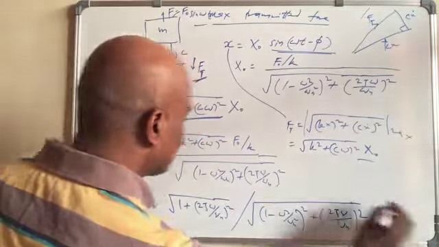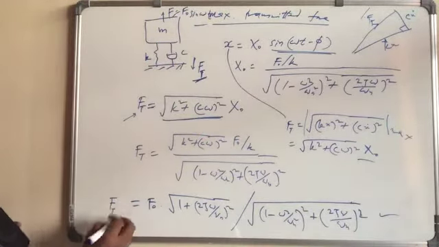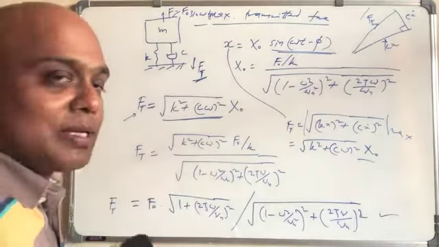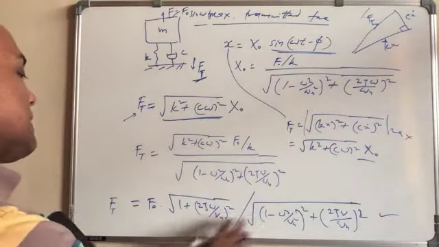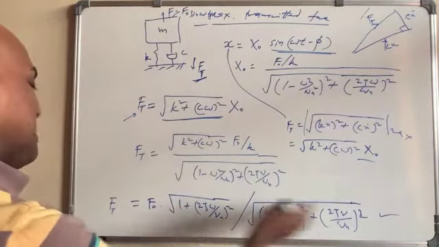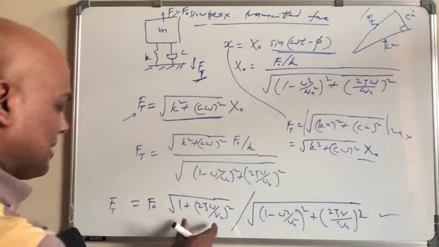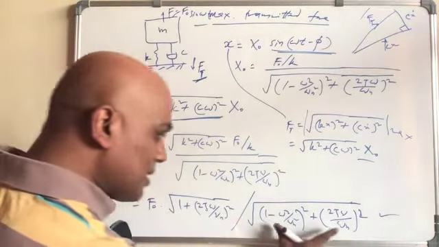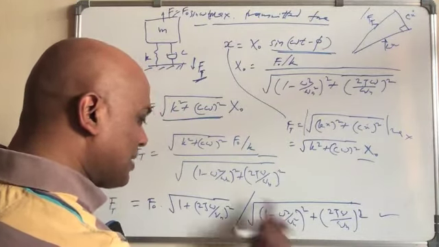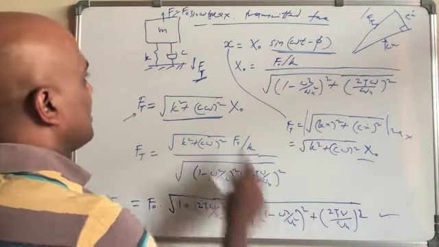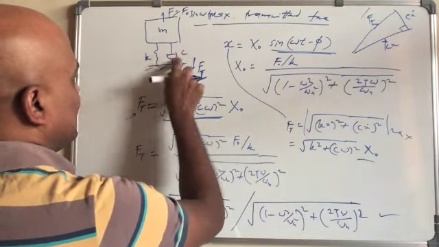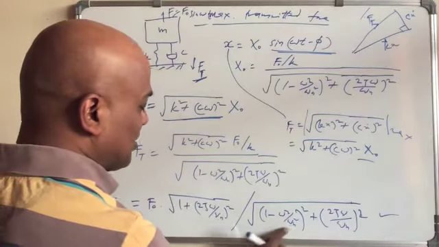This is the answer. Anyway, I actually derived it, but if you do the practice, you will automatically remember this. Or simply, this is basically the same expression as this one. The only thing is the omega square over omega n square term is not there. Why is the term not there? Because in the transmitted force, m does not play a role. Only the force here and here will play a role. So hence this term will not be there.